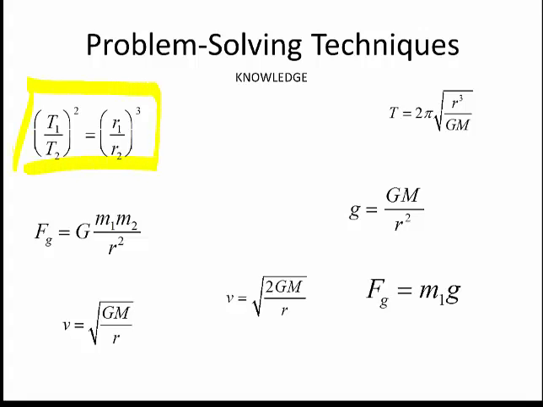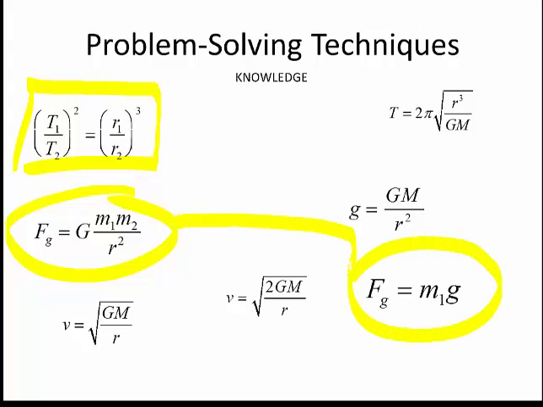You have to have two objects orbiting the same thing. Newton's law of universal gravitation is universal, works everywhere. Sometimes you don't have all of that information, but it's a universal gravitation. Realize that Newton's law of universal gravitation is another way of finding F sub g. So F sub g equals m1 g is the same as F sub g equals big G m1 m2 over r squared,